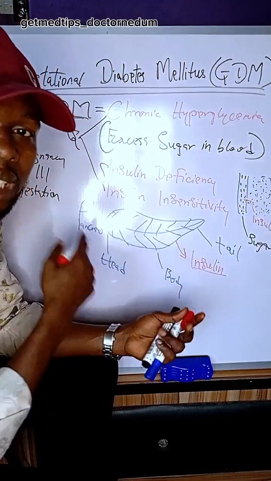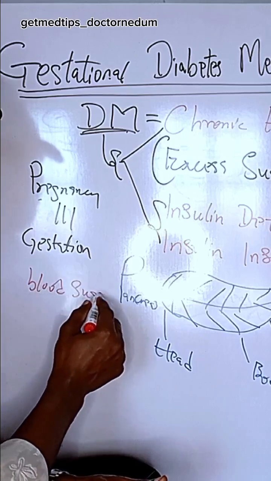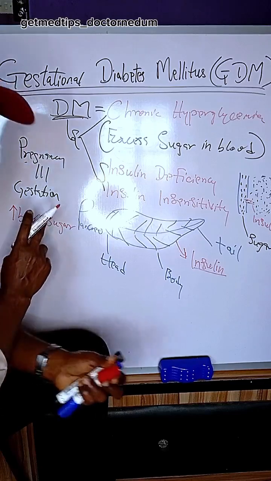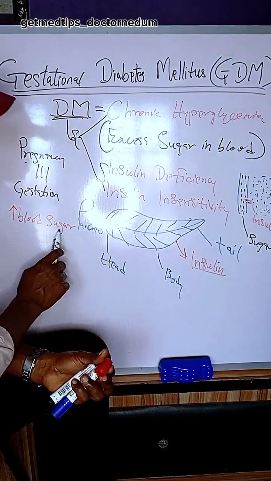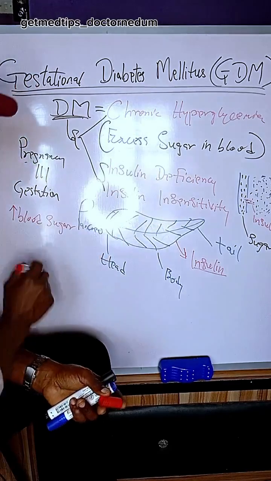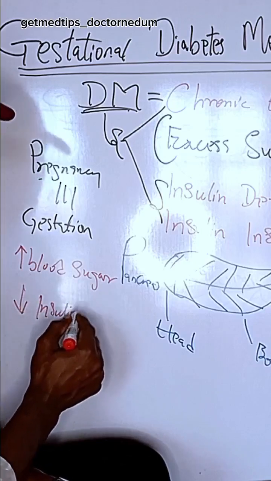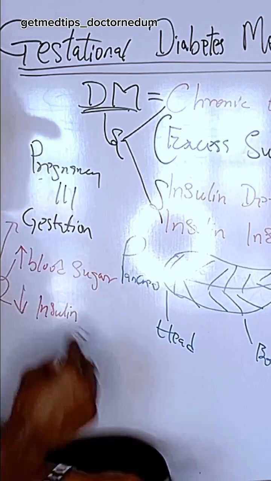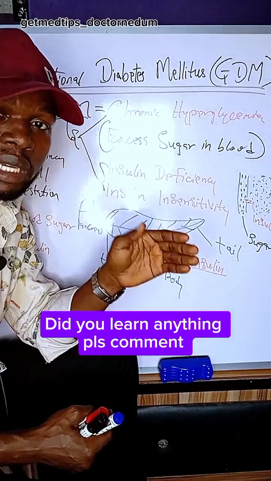So normally there is increased blood sugar. Blood sugar is increasing. So when this increase in blood sugar is not being matched with an adequate increase in insulin, then there will be an excess amount of blood sugar left in the vessel. So there will be hyperglycemia. So in this condition, the insulin may be low or it might not be increasing. So these two put together will give you your gestational diabetes mellitus. So in my next video, I'm going to describe those groups of pregnant women that will